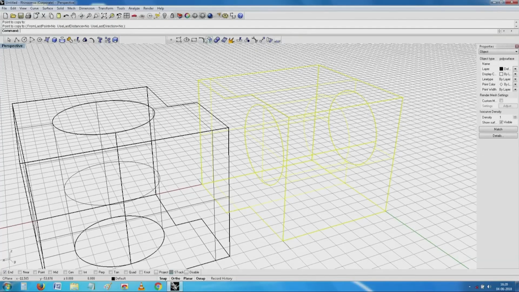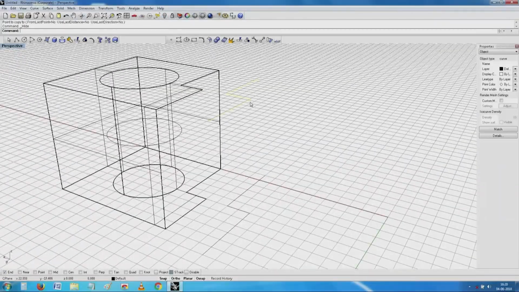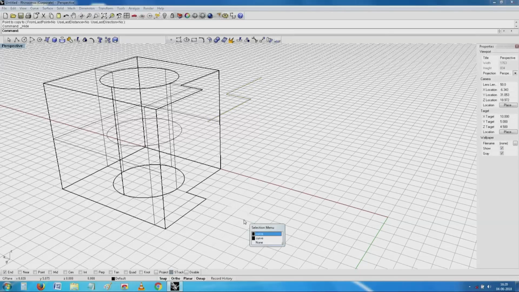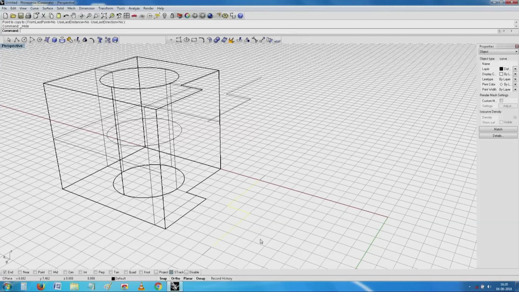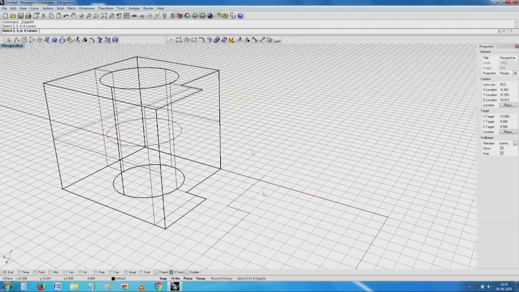Temporarily let me hide this so that it will not come in the way. You have seen here, I have got one object here, I have got one more object here. So, I will try to create a surface using this as the edge curves. I have an edge curve here,